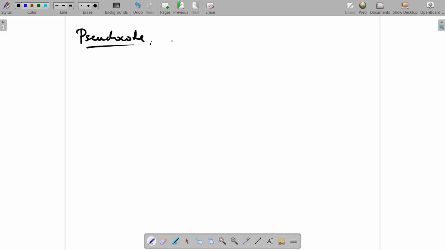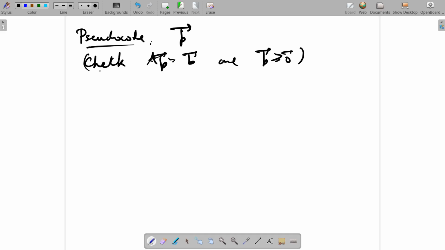So what you do is you start with P. This is your input P. So first what we'll do, we have to check feasibility. So that anyway you'll have to do, check AP equals B and P bigger than or equal to 0. If not, then P is not really in your feasible set, so the question is wrong. Otherwise,